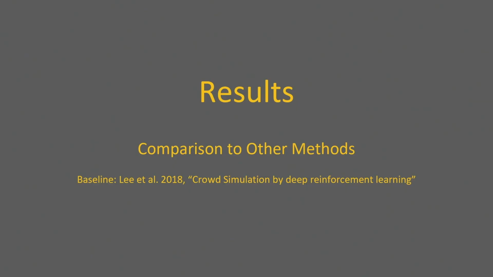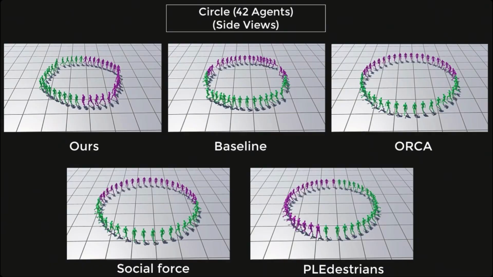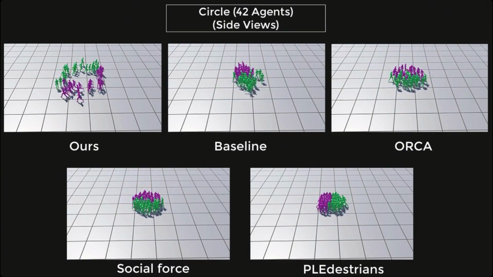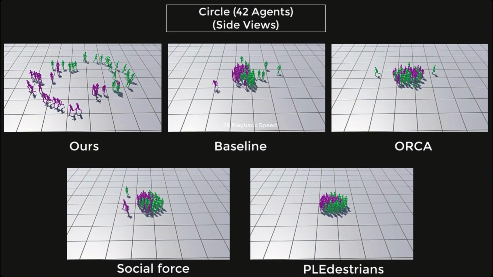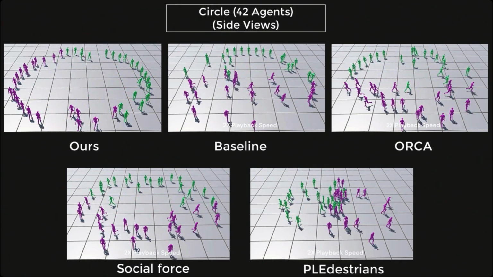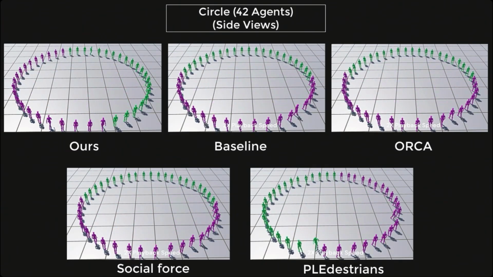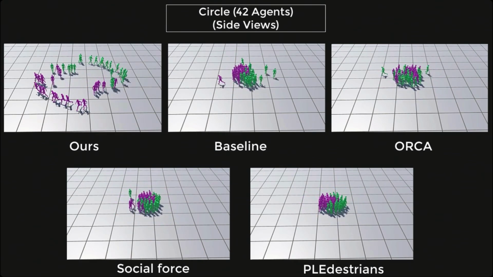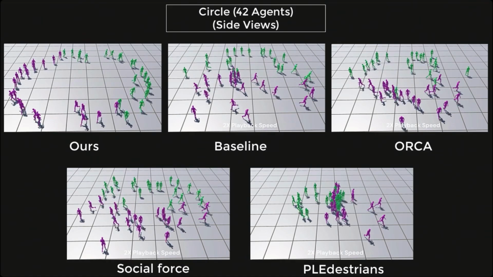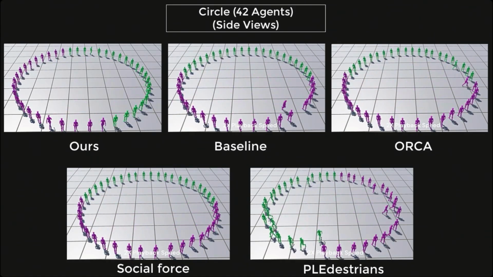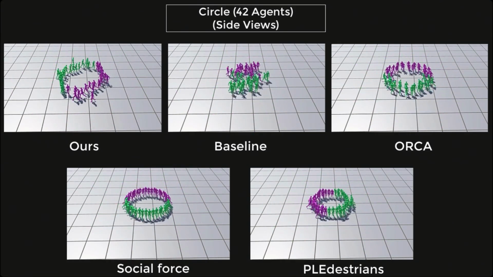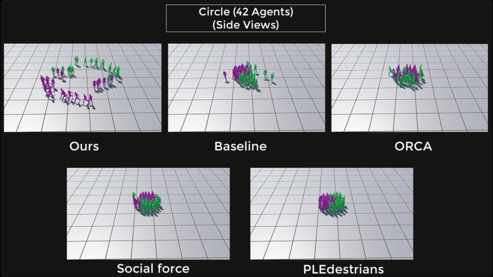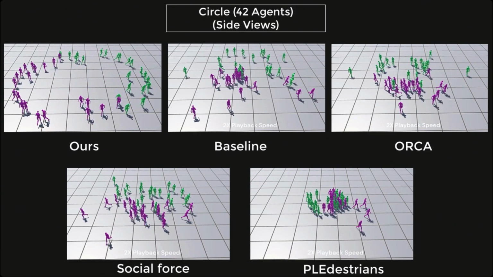We also compared our method with the state-of-the-art reinforcement learning method, which is crowd simulation by deep reinforcement learning, and also some non-RL state-of-the-art methods like ORCA and social forces. As you can see, using our method, agents show more anticipation in their locomotion, and other methods fail to anticipate, like the large dense crowd in the middle, and they just get stuck and eventually do some undesired navigational action to resolve the collision.